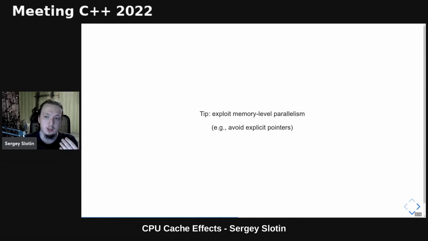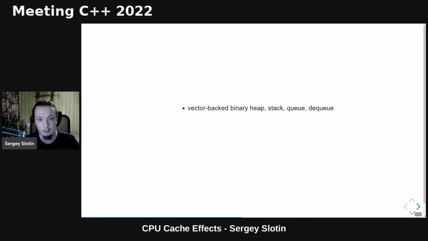The CPU can easily have dozens of pending memory operations, and it is a very important consideration that comes up in many data structures, especially those that are easier to implement with pointers but faster with something else. So, for example, this is why it is much more efficient to implement heaps, stacks, queues, and so on on top of a global array, also known as vector in C++, as opposed to pointer-based structures like they teach you in colleges.